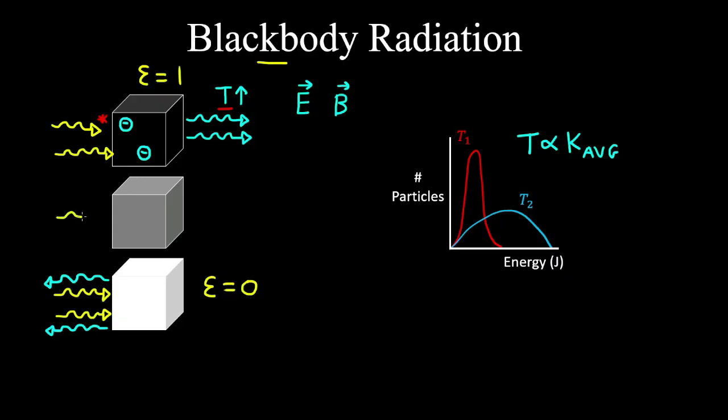And for a grey body, incident electromagnetic radiation is partly absorbed, so it causes these electrons to oscillate, partly reflected, and partly transmitted. And therefore the absorbed electromagnetic radiation in a grey body causes an oscillating electric field, which causes light waves to be emitted from the body. So note that transmission and emission is not the same.